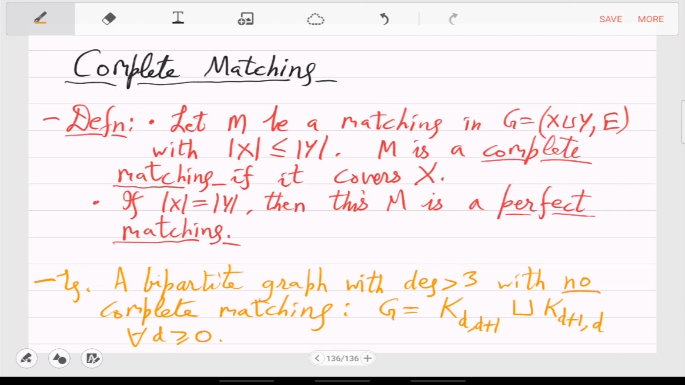Okay, so you have to think about the reason why this happened. Why was there no complete matching available in this graph? And the reason for that is basically that when you look at a subset of d vertices, there is a subset of d vertices which doesn't have that many neighbors. Do you agree with that? There is a subset of vertices where